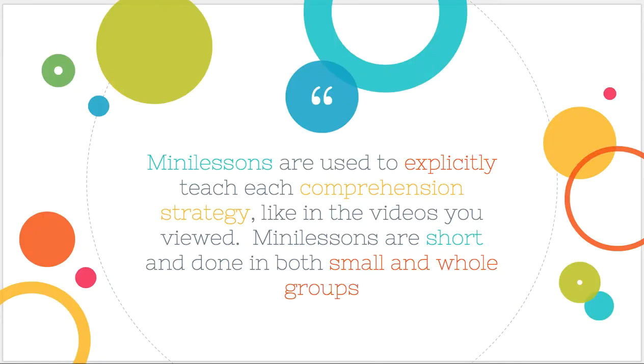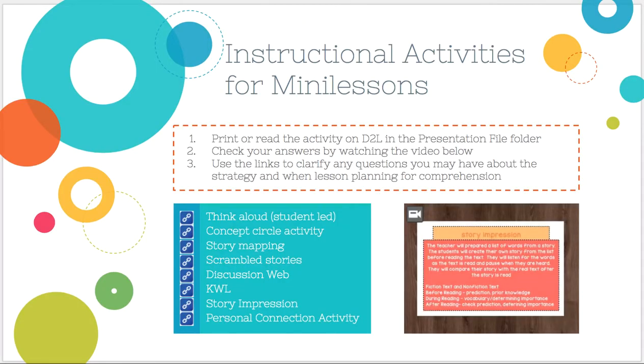We'll move on to mini lessons, and mini lessons are sometimes where we'll put those strategies in play and have some activities. The next slide is also pretty involved. What you need to do is go to D2L, to the presentation file folder, and you will print out the file that's there that gives you activities that we do for comprehension. What you're going to do is take this list, 1, 2, 3, 4, 5, 6, 7, 8 strategies, and you're going to match them up on the activity. Now, if you want to do this looking at your screen, that's fine, but you'll definitely need to go into D2L to find this